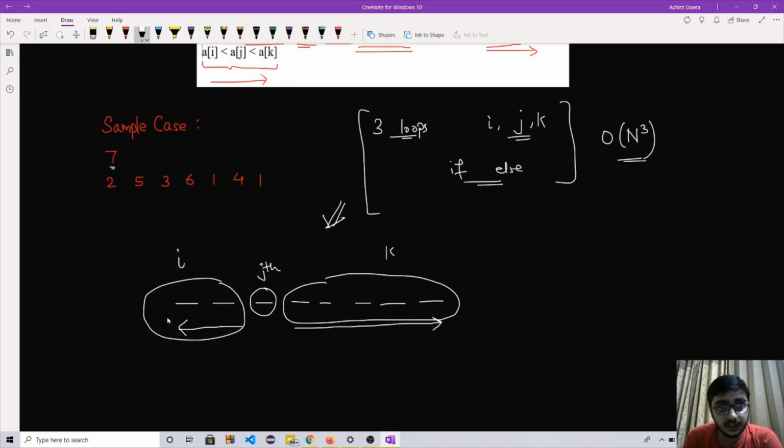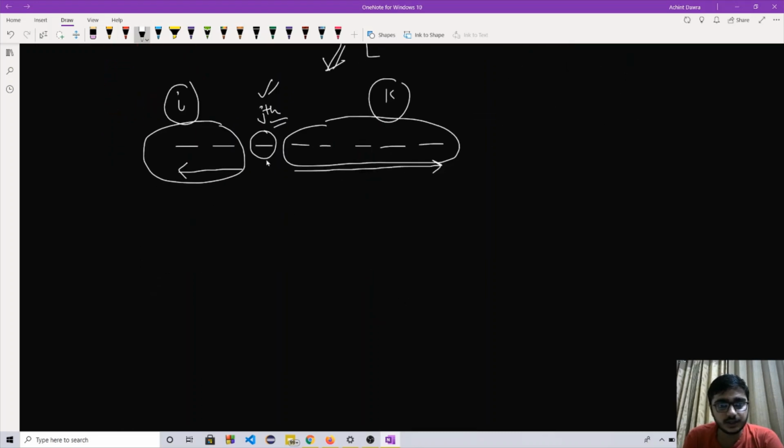Now we need to find the maximum element in both the parts, bound to the condition that the maximum element we find in the left range should be less than the jth element and the maximum element we find in the right range should be greater than the jth element. Imposing these two conditions, we find the maximum element in both the parts. For this approach we would run one loop for fixing the jth element, so j would be going from 1 to n minus 1, since we need at least one left element and at least one right element.